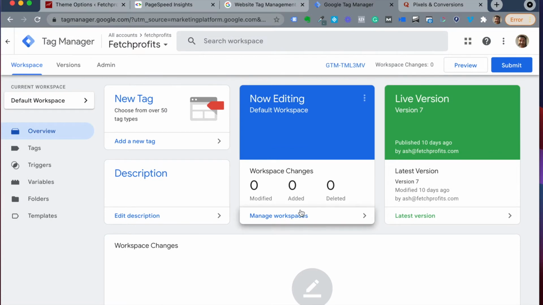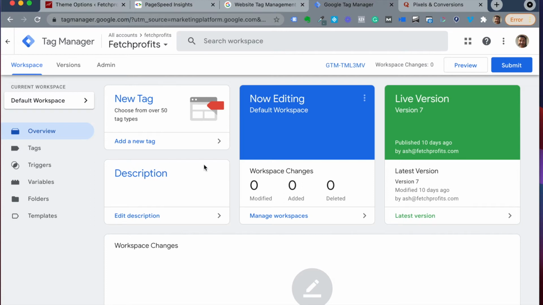Now inside the Google Tag Manager, all the scripts are tags, going by the lexicon that Google Tag Manager follows, and everything that fires that script, such as a page load or a particular URL showing up, or something happening on your site such as a click of a button, is a trigger. You can also establish variables that determine what happens, but for our case all we need to know for this video is tags and triggers.